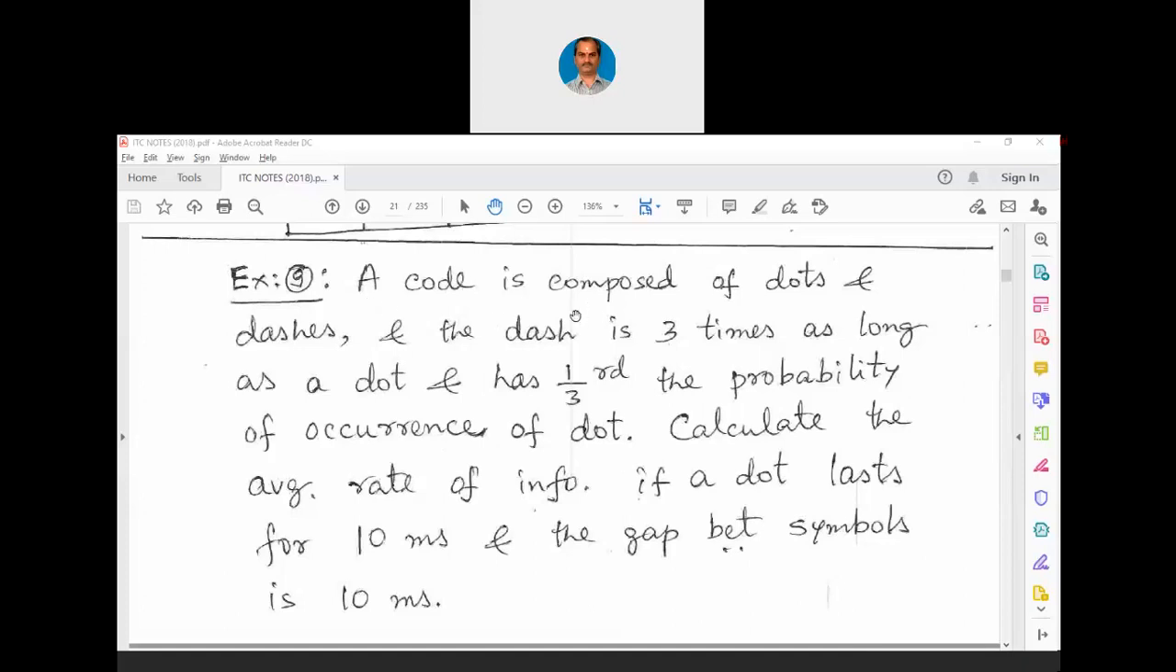A code is composed of dots and dashes, and the dash is 3 times as long as a dot and has 1/3 the probability of occurrence of a dot. In fact, this particular exercise is related to telegraphy, which is now obsolete. The telegram has come as an app now in the 3G mobile phones. Otherwise, when Morse developed this particular method, through the electric wire, through the DC power supply, they used to